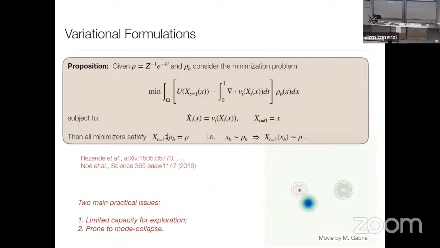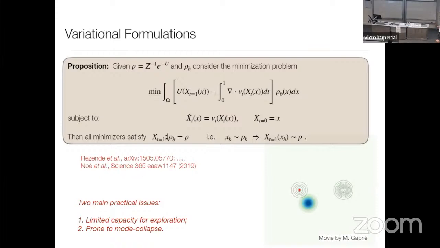Okay, and so if you do that in practice, what does that end up doing? Well, you push samples through the base, and then it will train a map that will actually go to the target. And in fact, this method is essentially what was proposed in the paper by Vanden-Eijnden and others in 2015, in the context of Bayesian inference. It has also been used by Frank Noé and collaborators in the context of molecular dynamics simulation.